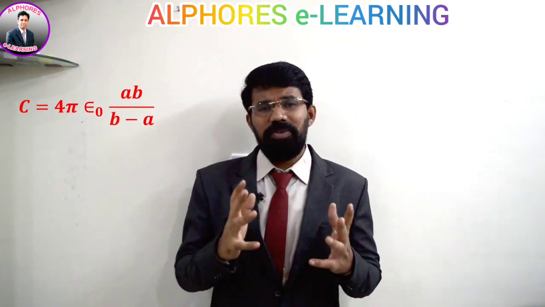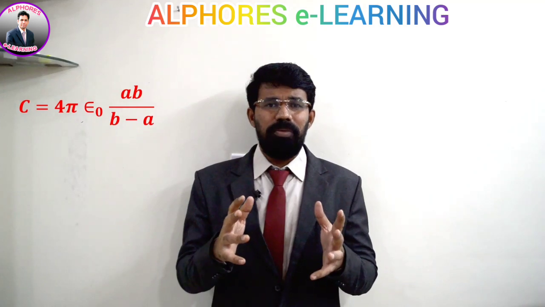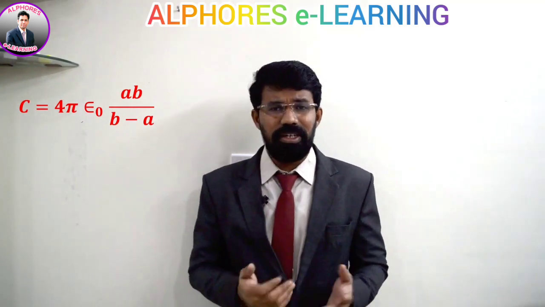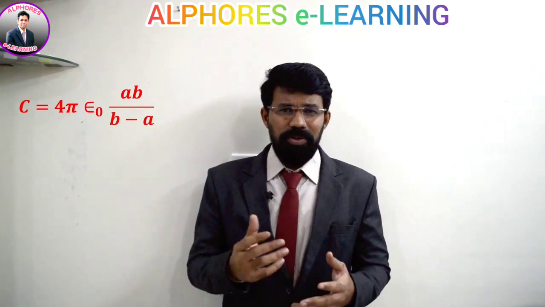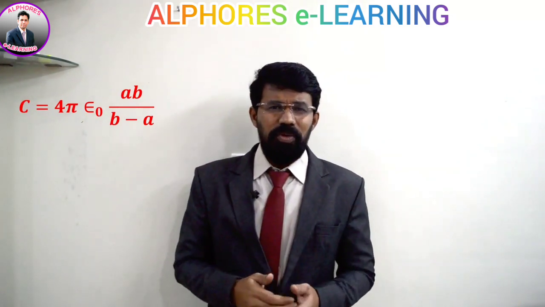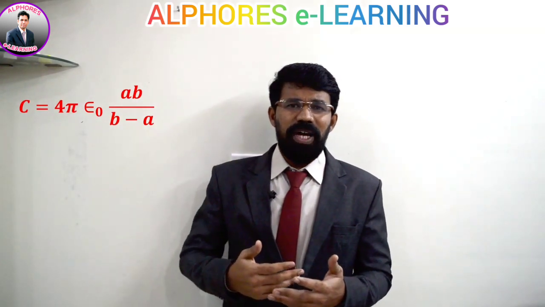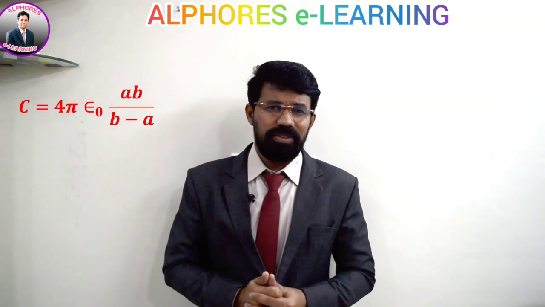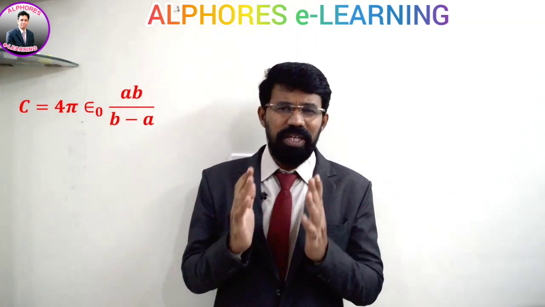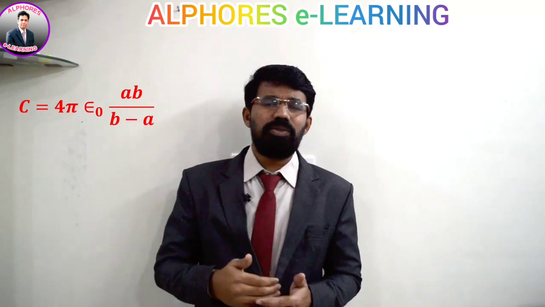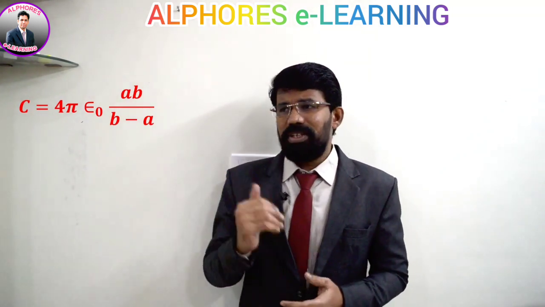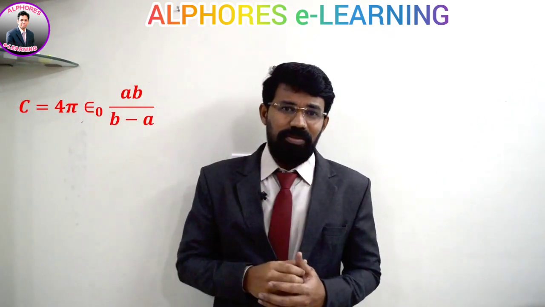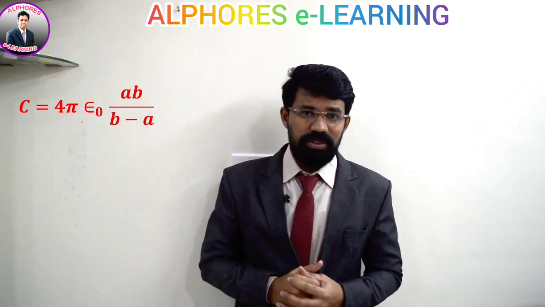Remember children, whenever we construct a capacitor, we go with a pair of surfaces, whether it is a parallel plate capacitor, spherical capacitor or cylindrical capacitor. I hope all of you know the reason. When you go with a pair, you can have the maximum charge storage on the capacitor. That is the capacitor's principle. So if a pair is taken, what is the advantage? We can store more charge. This is the capacitance of a spherical capacitor, where A is the inner sphere's radius and B is the outer sphere's radius.